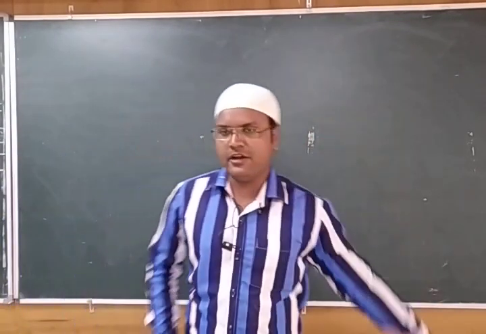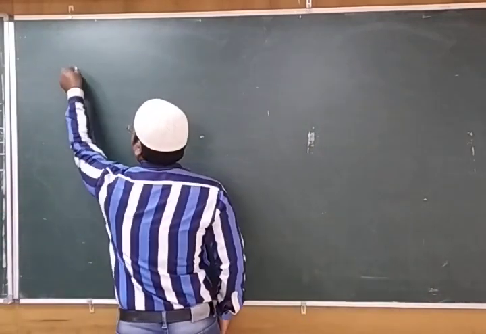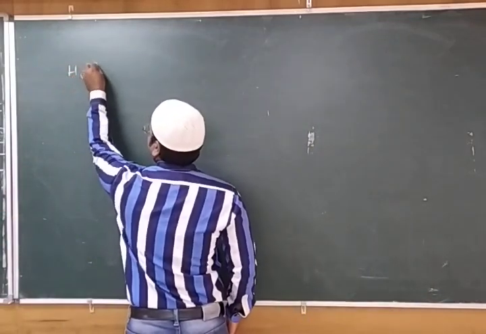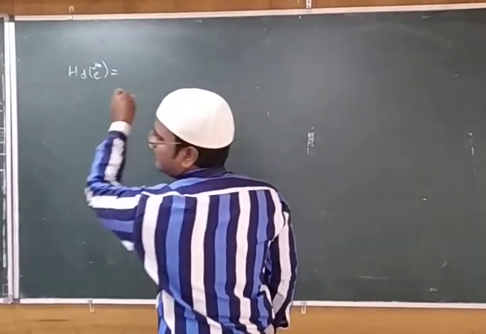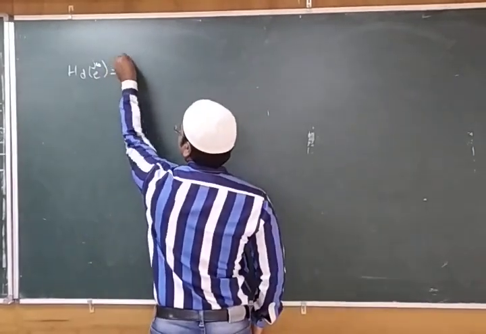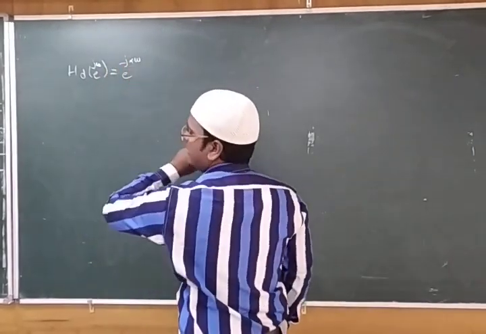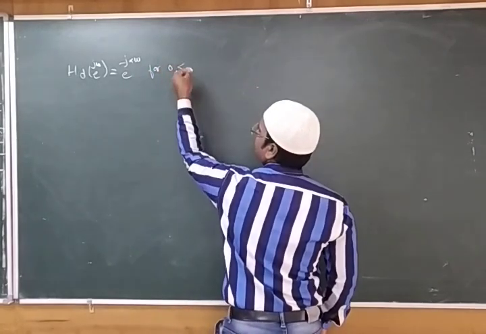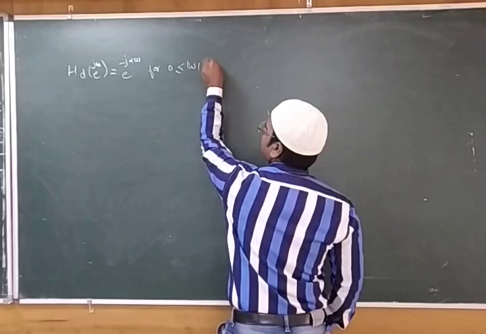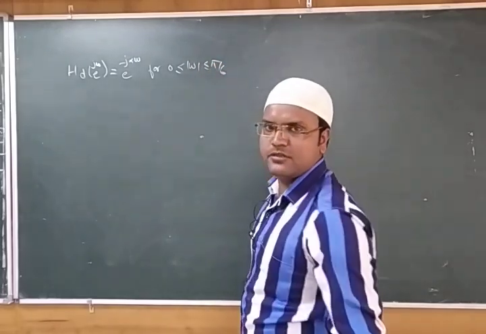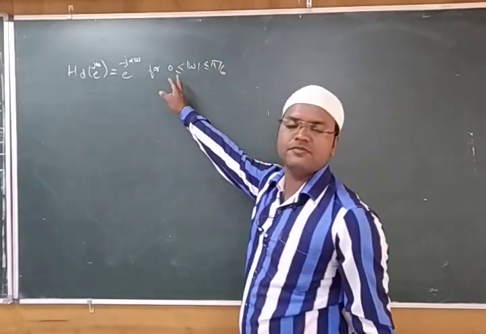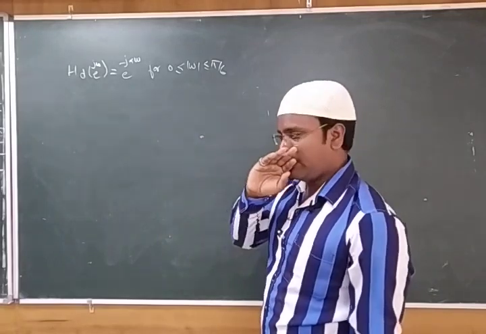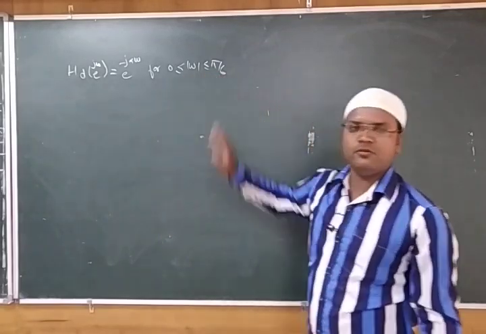So we have the value of h d of e power j omega given in the question, and that value we are writing. We had h d of e power j omega given as e power minus j alpha omega, for 0 less than or equal to mod of omega less than or equal to pi by 6, right. Since they did not mention 0, we are starting from one sided. That is the reason we are taking from 0 to pi by 6.